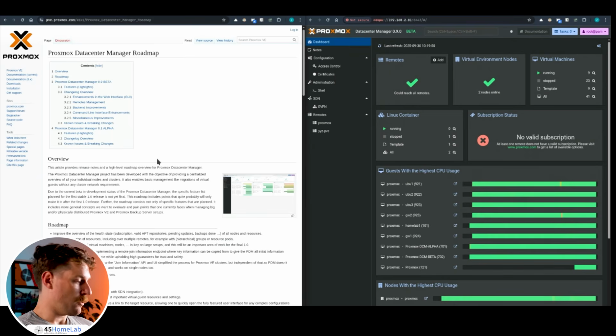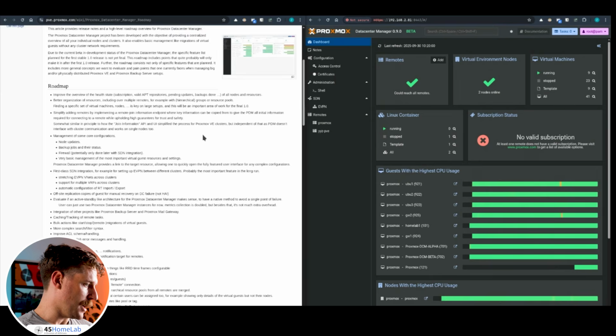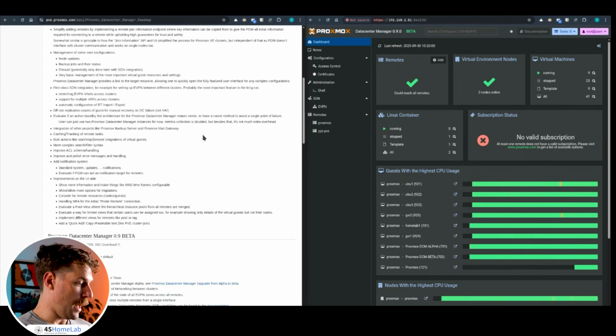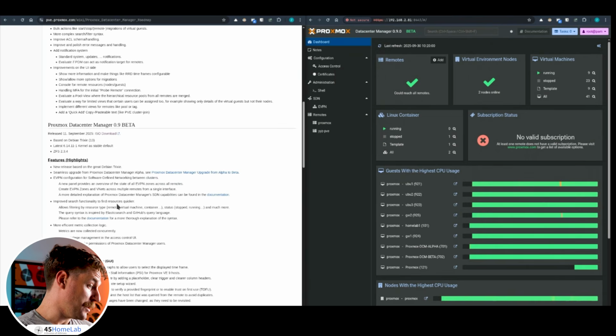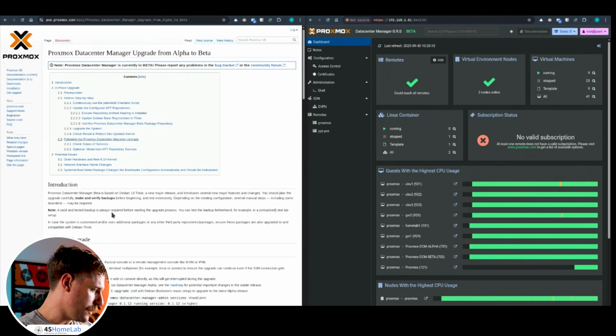So, all right, we have our Proxmox Data Center Manager roadmap article here, and it actually highlights the process of updating the alpha to the beta version. So let's see what that looks like here, because I actually haven't done that myself yet. So hopefully this goes through just in one fell swoop. So let's see,